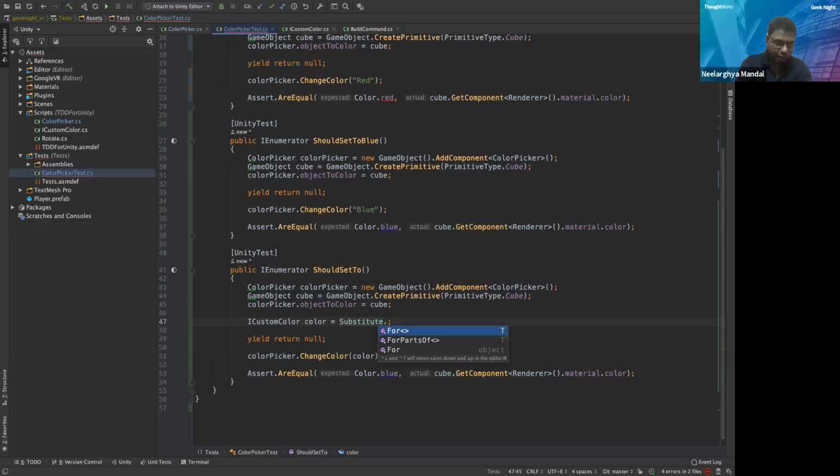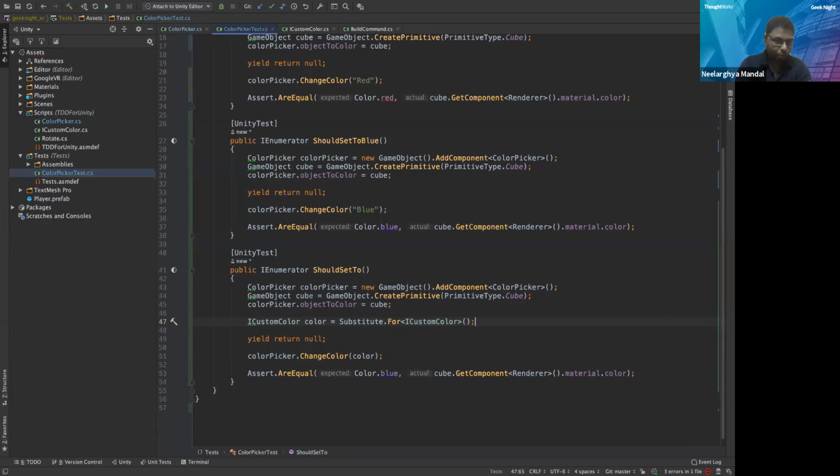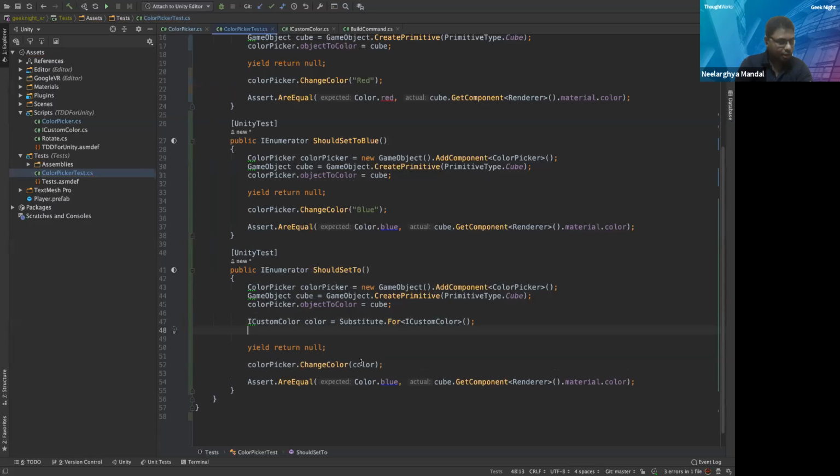So currently I'm using the NSubstitute library, but you can use Dynamock or Moq for doing the same. So what I'll do is I'll set up a new mock or a proxy object for this ICustomColor, and we'll pass this in. And moreover, what you can do on mocks is that you can actually add implementations or results to that implementation. So for the GetColor, let's say it returns the color yellow, right? So now I can assert against this yellow,